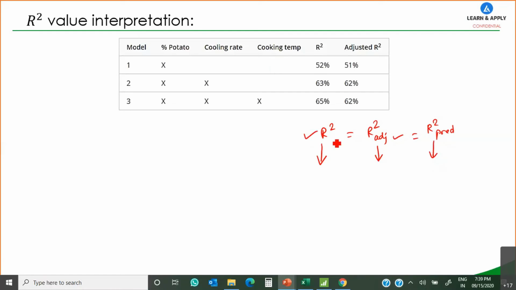Let's say you have a very strong R square and R square adjusted: R square as 89%, R square adjusted as, let's say, 85%. And in some cases you can have R square predicted as only 5%. In a practical scenario, you can come to such situations. In that case, you cannot use that model for prediction. You can use that model within the range of readings which you have taken, but you cannot use that model for prediction.